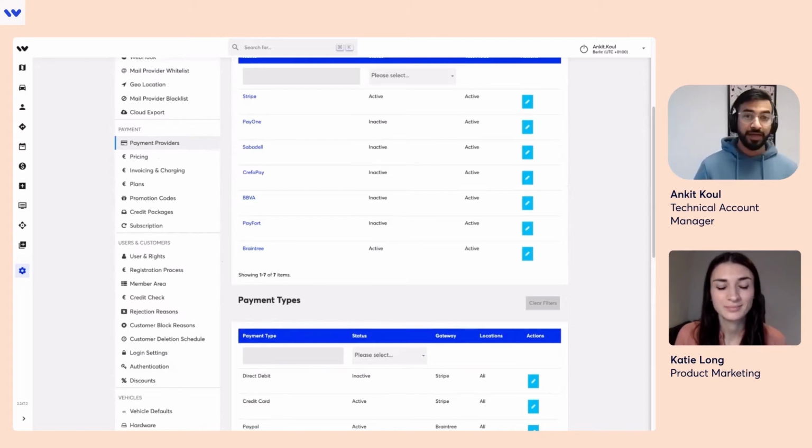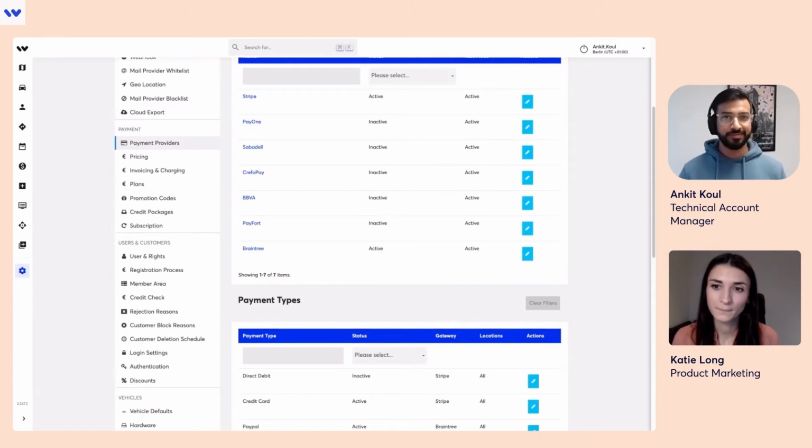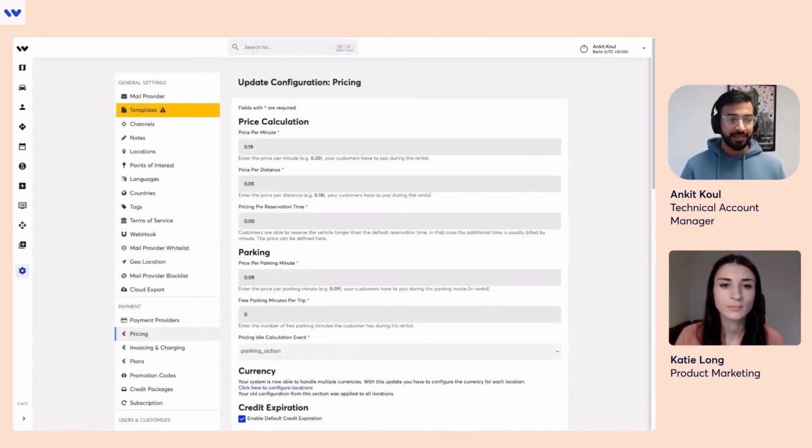Yes, absolutely. Once an operator has set up how to receive the revenue, the next logical step is how much should I charge for my services, right? So the pricing setting plays an important role here. In the backend, the pricing setting allows our operator to configure their pricing globally. When I say globally, it means that when you set up your pricing here, it applies to all your vehicle types.